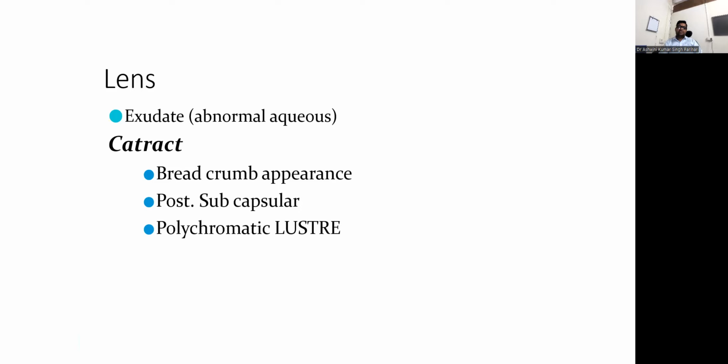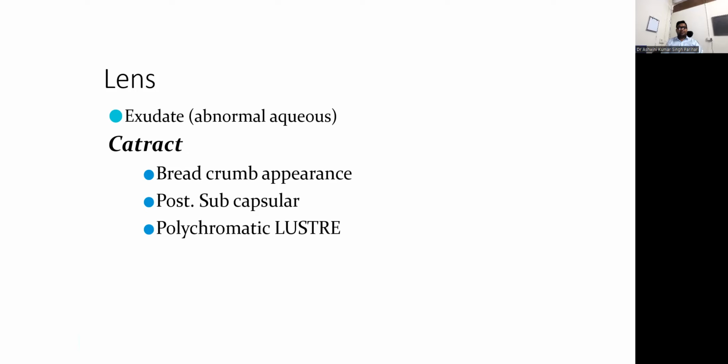Now, another structure where the exudates get deposited. Exudates will come in the anterior chamber also, which we have already discussed, and then they get deposited over the lens also, and can cause cataract. Their deposits over the lens can lead to the breadcrumb appearance, and these are the cataracts which are formed due to this uveitis. They are a kind of complicated cataract, which are not natural phenomena, but are formed due to some complication or trauma. So these complicated cataracts